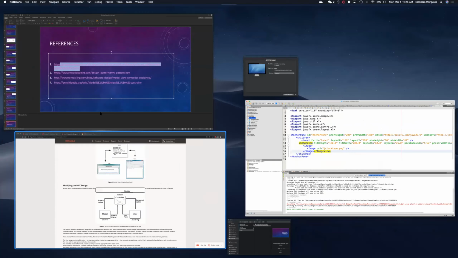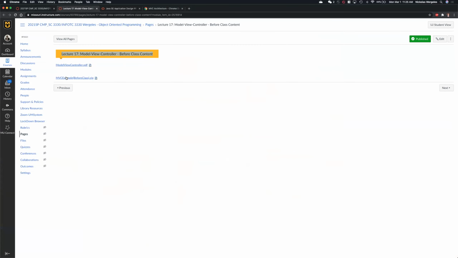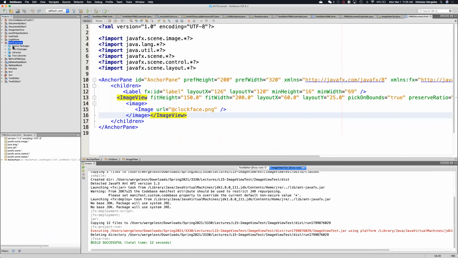Go back to lecture 17 and download this zip file, MVC example.zip. Let's actually implement it so we can see how each component plays with each other. So we have the model, the view, and the controller. The view is the UI, the controller is the middleman, and the model is the data. So here you're going to see 4 files. If you implement MVC properly, especially in JavaFX or FXML, there's going to be 4 files. First file you're going to have is the